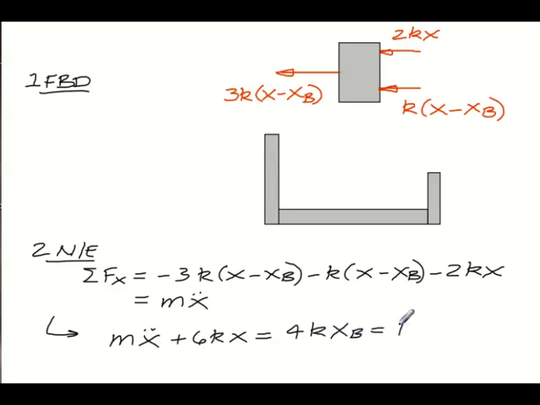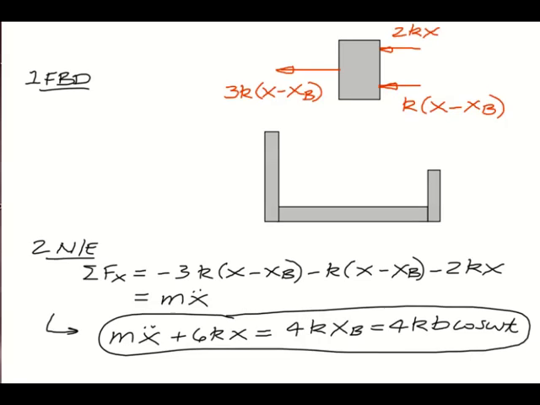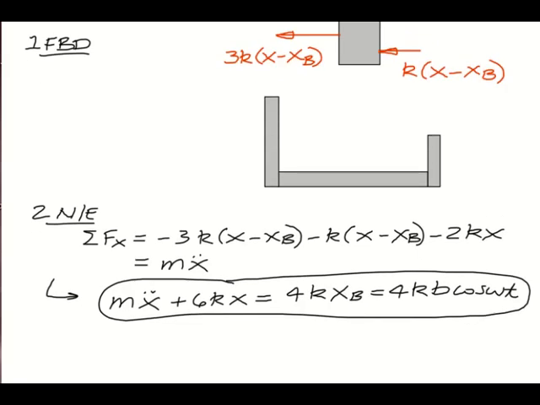And we said that x_b was equal to this amplitude B times cosine omega t. So there it is. This is our equation of motion. In order to find the natural frequency, we'll divide by whatever is the coefficient of the leading term, that is the coefficient of x double dot. So we get x double dot plus 6k over m x is equal to 4k over m